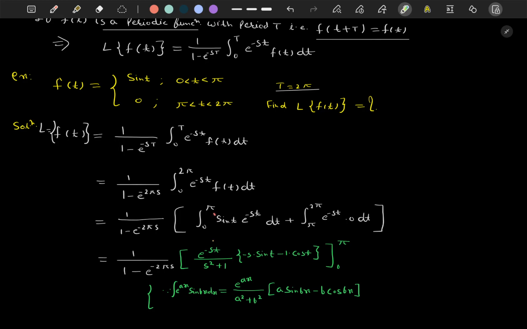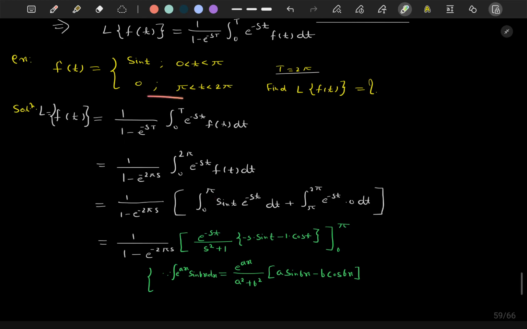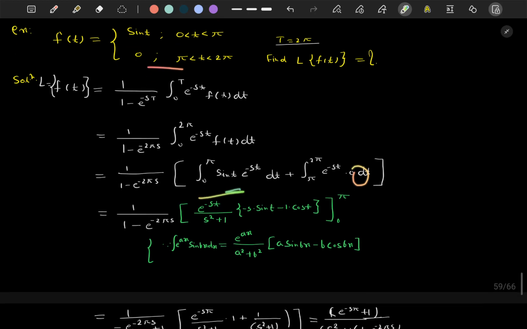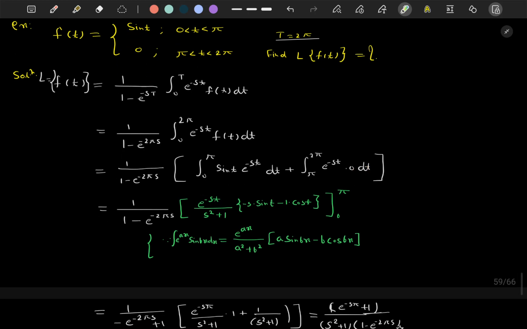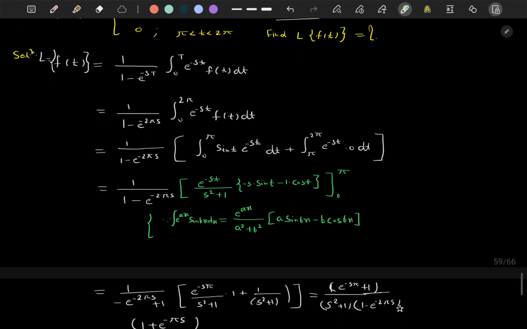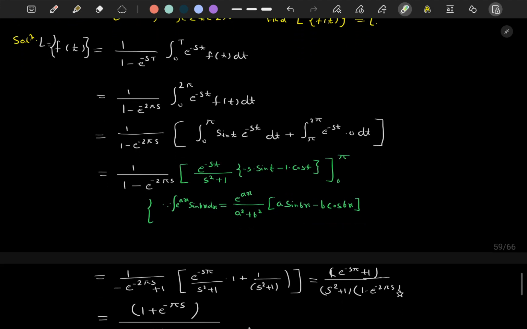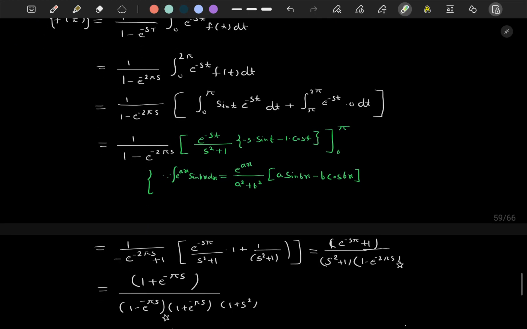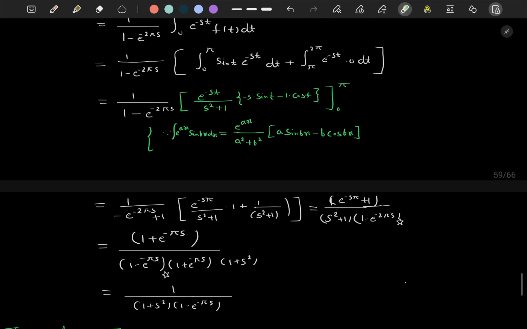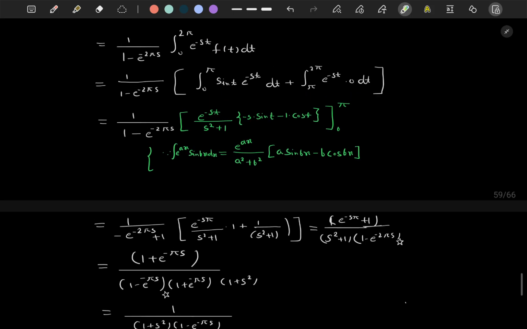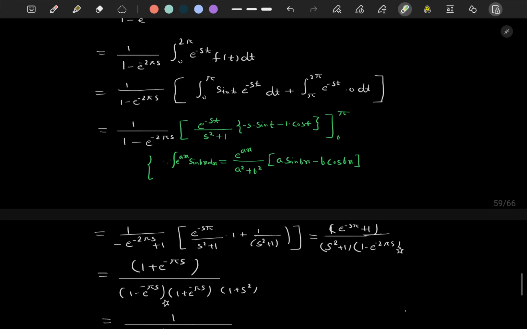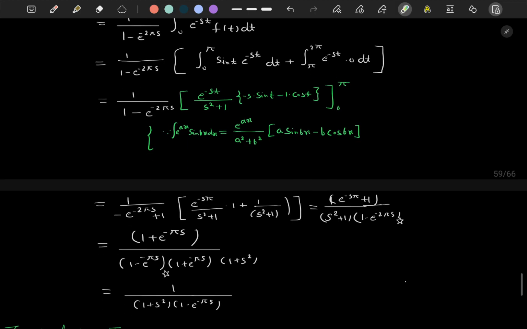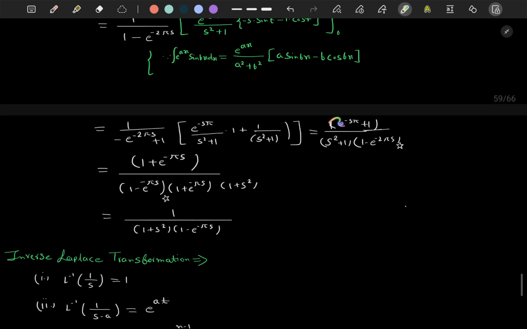When you solve it from 0 to pi and 0 to 2 pi, in this part it will be 0, only this will be left out. When you solve it, we can simply use the sine formula also. This was the formula, integral of e raised to power ax sin bx dx. It is simply manipulation, a little mathematical work. Put this formula and substitute the values, okay.